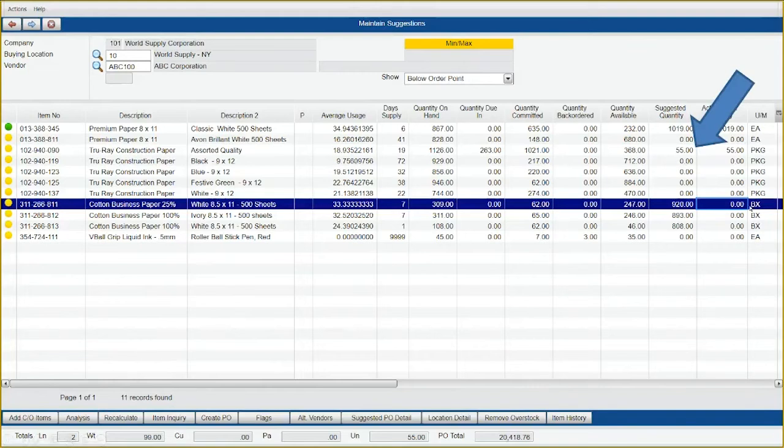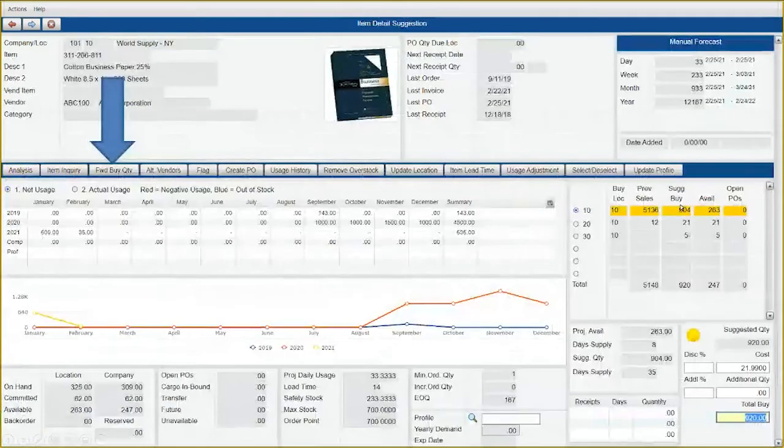All right, so I'm going to click on this, 920. All right, and again, I can look at my suggested buys by location. So in location 30, you can see I have no sales and I have 5 units. So it's really saying here, you don't have any sales in that location for this product. You could conceivably move the 5 out of there. But what I want to show you here is the forward buy option that was added, I think, in release